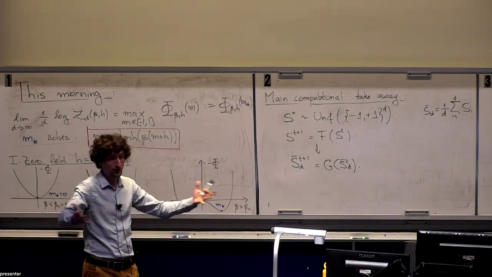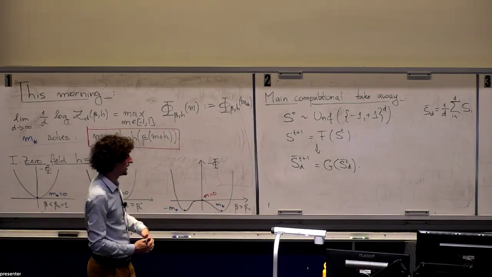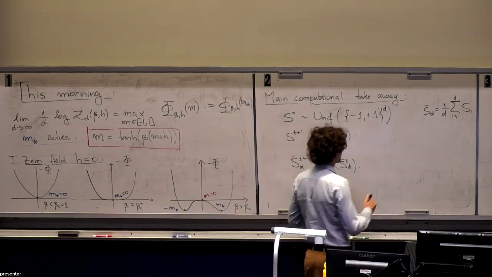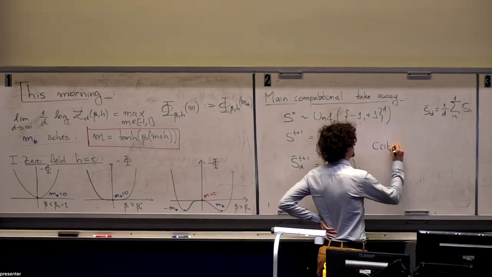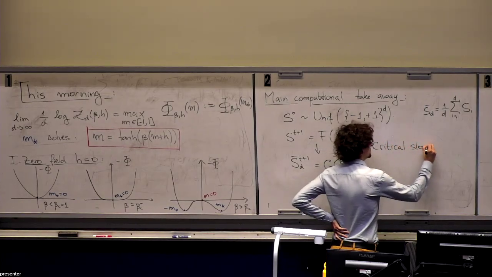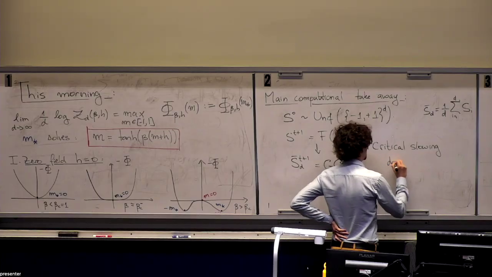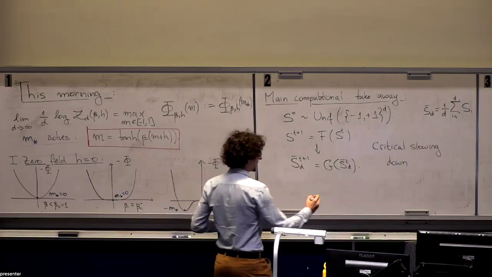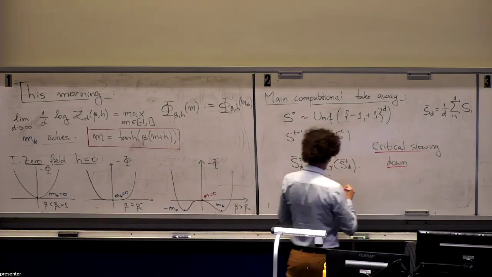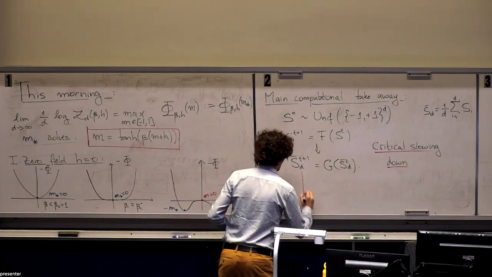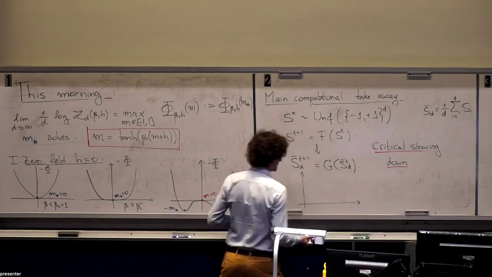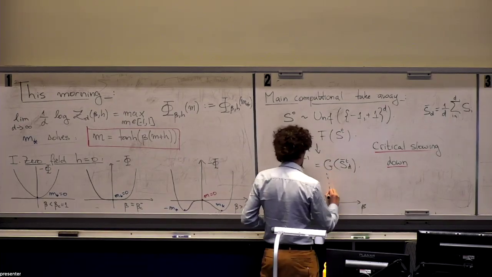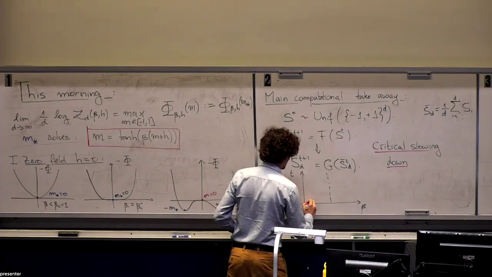There are just too many directions, all of them are flat, and the time that you're going to take to escape is going to be very large in D. And that's what we call critical slowing down. One very concrete way of seeing critical slowing down is that you could essentially plot the time of convergence against beta, and then around beta equals 1, you're going to see a curve that essentially looks like this.